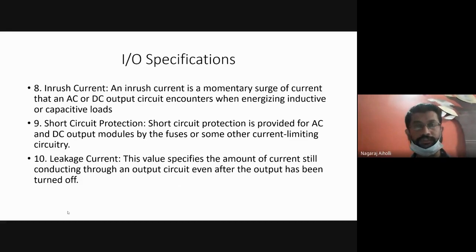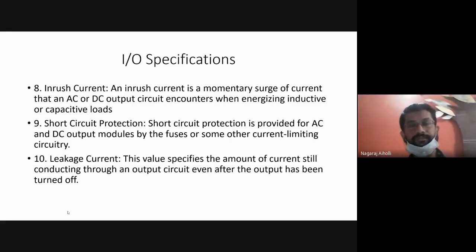Now these loads, as the technology has advanced, the impedance that is maintained in the load is less, so that it can sense the maximum value of current. So when the resistance is less, according to Ohm's law, V is equal to IR or I is equal to V by R. When resistance is less, the current will be more. So suddenly there will be a maximum current flowing for certain microseconds or milliseconds, for a certain amount of time, the starting time. That is called the inrush current or the surge current. Inrush current or the surge current is momentary, for a short span of time.